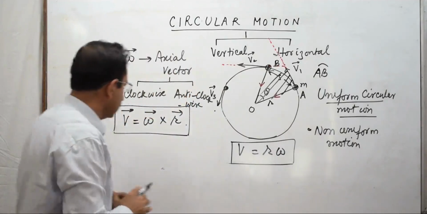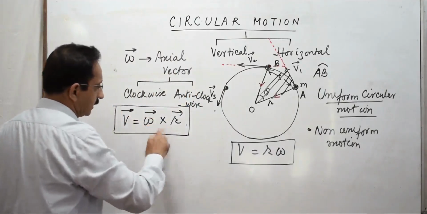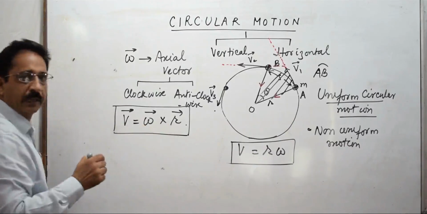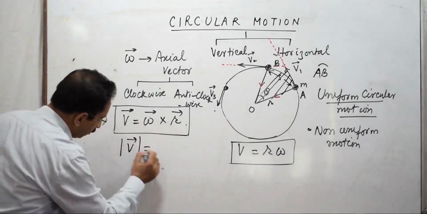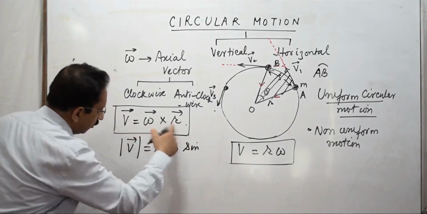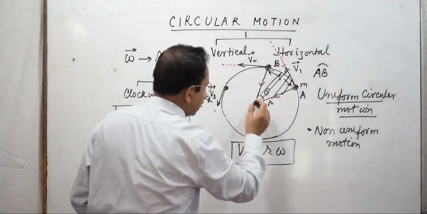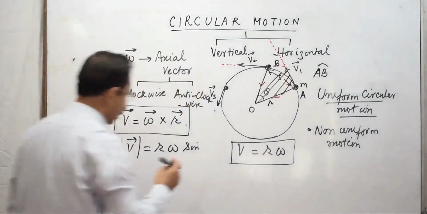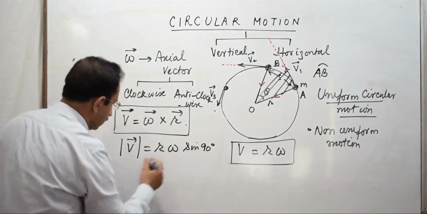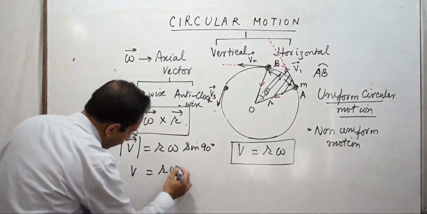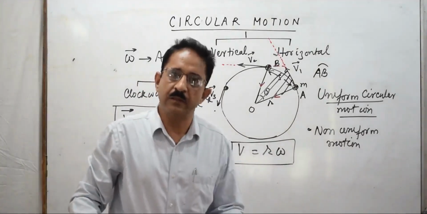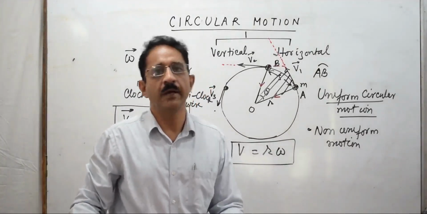So when we talk about this relation, the scalar aspect is like this: if we apply this relation on a circle, then magnitude of V would be equal to magnitude of R, magnitude of omega into sine of angle between omega and R. As I said, R is the radius and omega will always be perpendicular to it. For a circle, the value of theta here comes out to be 90 degrees. Sine 90 degrees is equal to 1. So I have V equal to R omega. This becomes true for a circle. Maybe later, in certain cases, if the path is not circular, we might have to change.